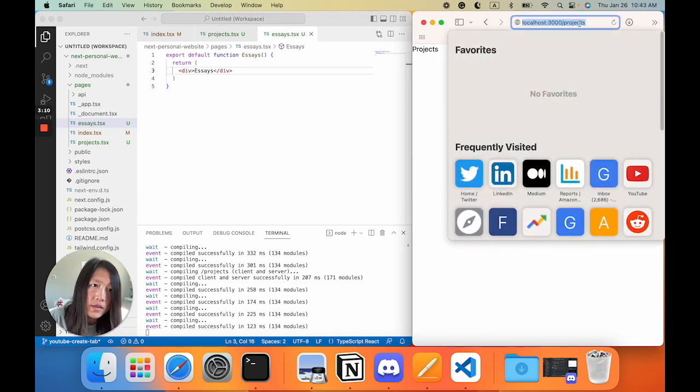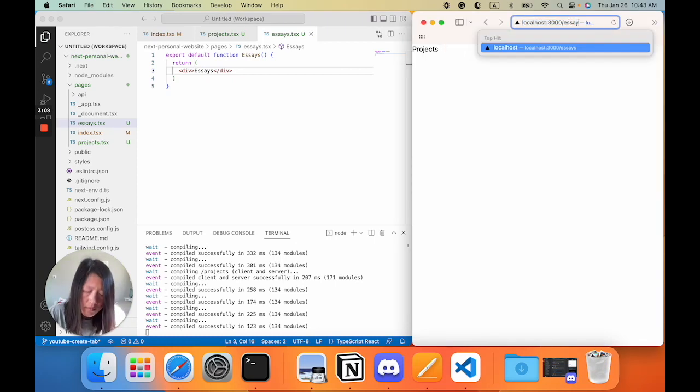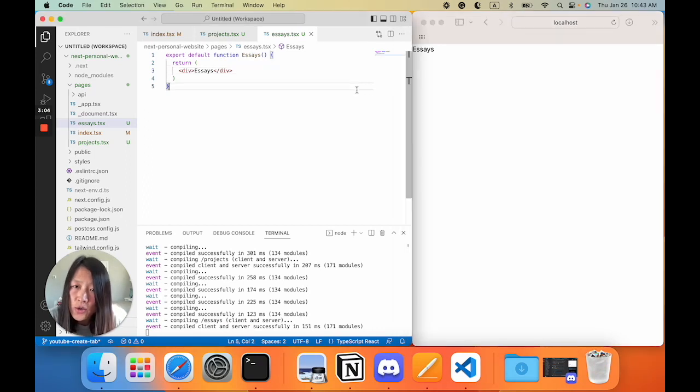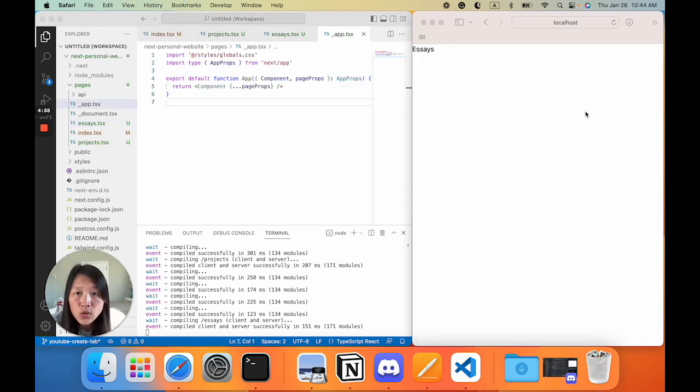Let's try it. Okay, so see, 3 pages are already created. Very simple, right? The next step is to create a layout, because we need a tab bar here for every